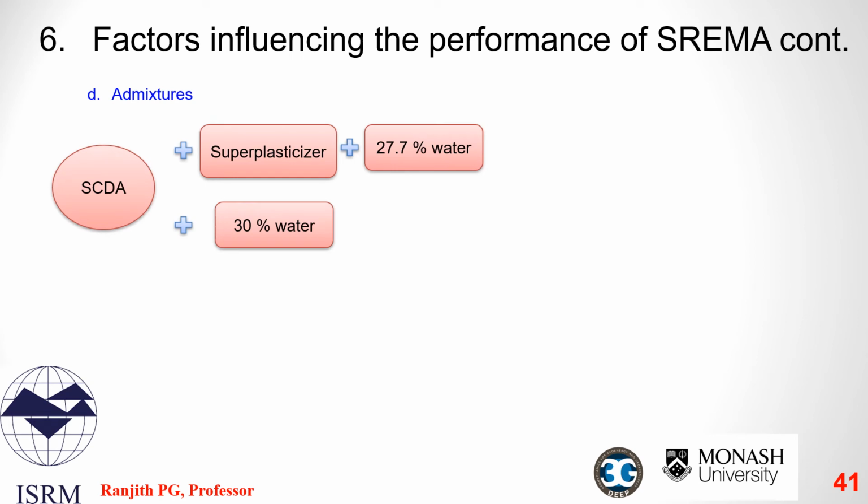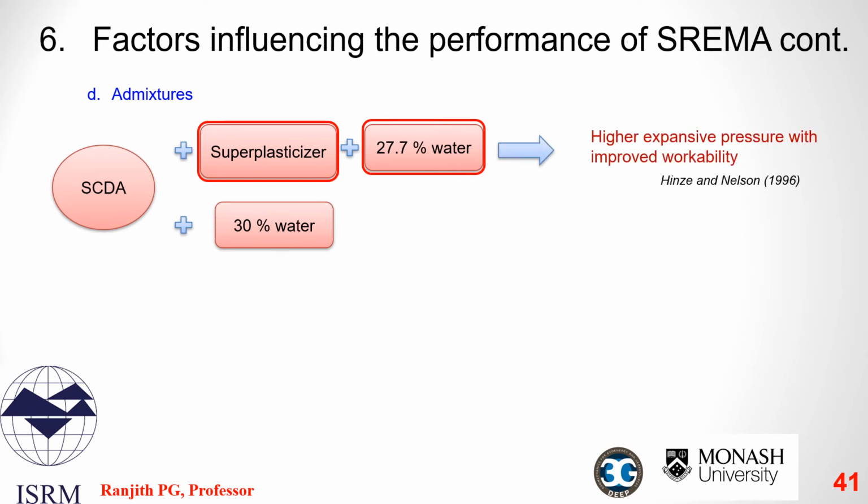Admixtures critically influence the performance of SREMA. The impact of a number of different admixtures on SCDA has been studied so far. Hinsey and Nelson investigated the workability of a CDA-based compound by adding a superplasticizer. According to their results, a CDA consisting of 20% water and superplasticizer can produce higher expansive pressures with improved workability in contrast to the control when the quantity of water is lower than the recommended level of 30%. This is because a lower water content reduces the critical degree of hydration in a CDA system,